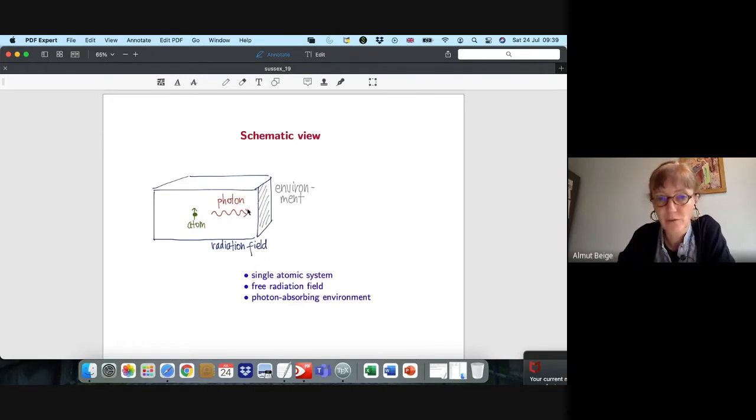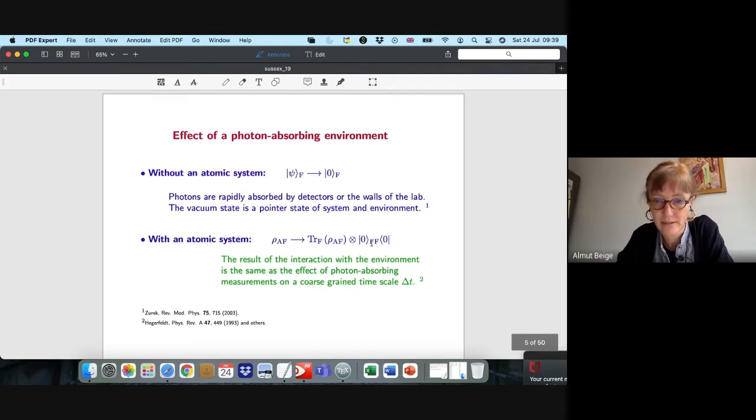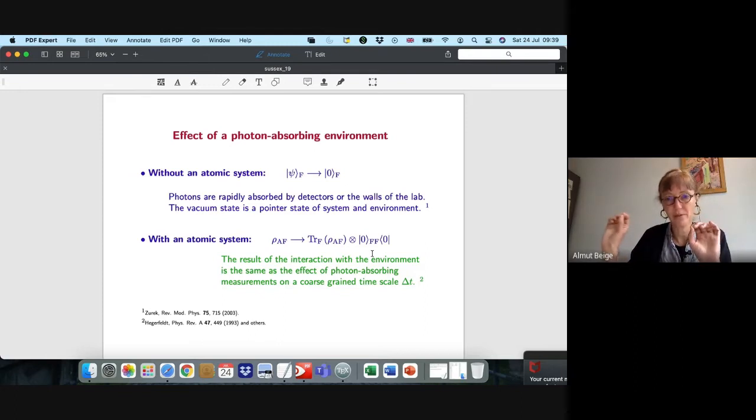Yeah. So these photons are absorbed, and your atom is always sitting in an environment where the field is essentially the vacuum state. If you have an atomic system, then the atom interacts with the field, but the effect of the environment can still be modeled in this way by saying, after a very short time, the field will be in a vacuum state, and if the photon is absorbed further away from the atom, the only way this can happen is that the state of the atom changes in a way that you take